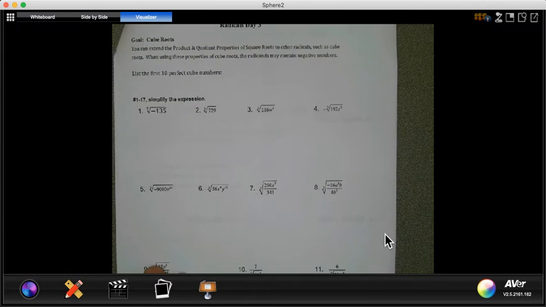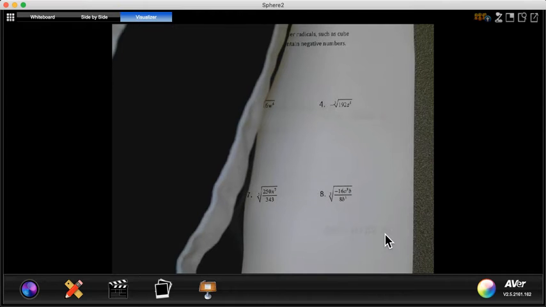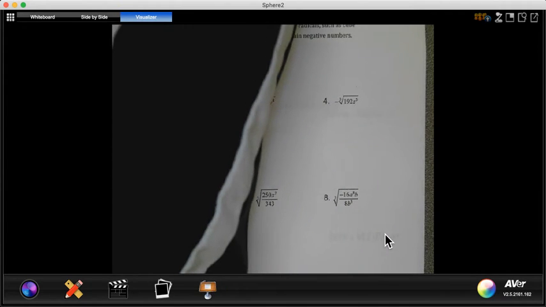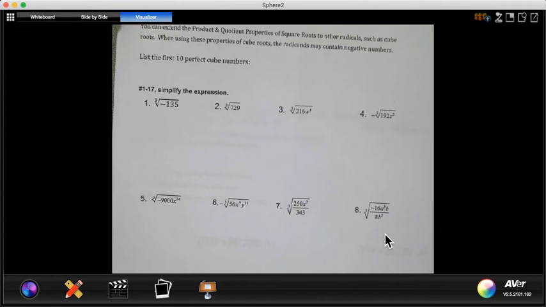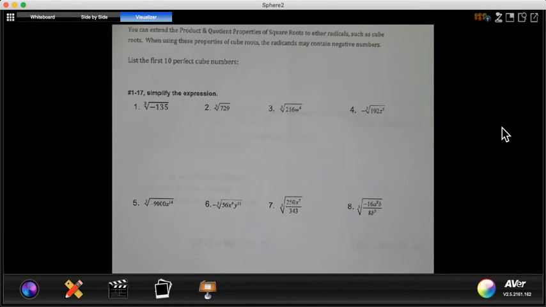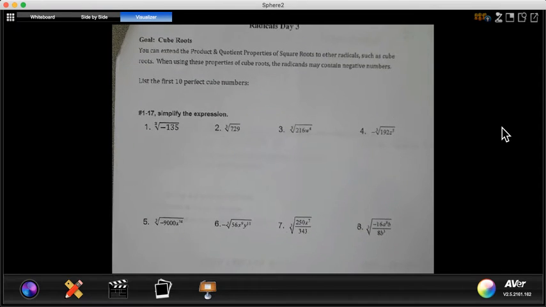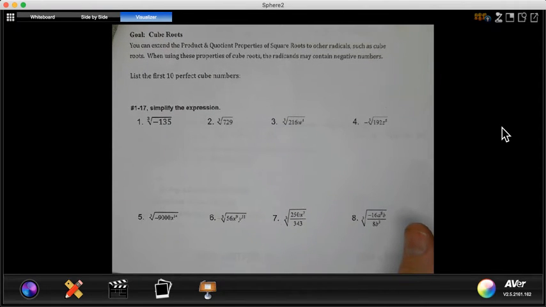On day 3. Let me zoom in a little bit here. So day 3 is now all of the things that we learned with square roots, we're going to work through with cube roots. So cube roots just make it a little bit tougher because you have bigger numbers and you have a little bit tougher rules to follow. Okay? So why don't we get started with,